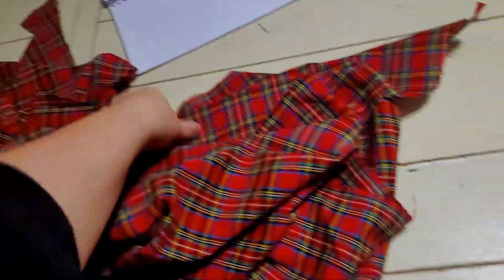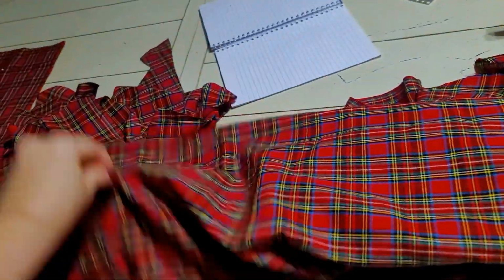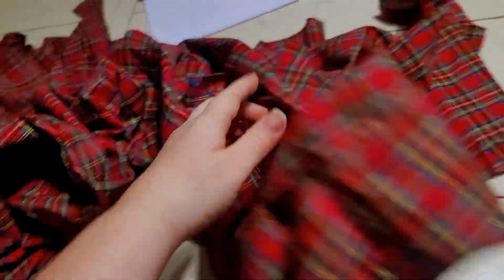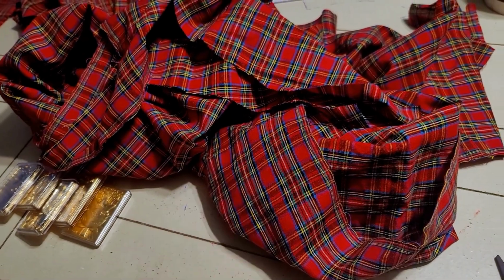See, there's two long pieces here that are thinner from where I cut out the skirt pieces that left these long, thinner pieces. And then in the middle area, there's the bigger piece. So I'm wondering if I could get the front and back out of this and maybe get sleeves out of these side long pieces. We will have to see. I would love to have a blouse in this fabric. That would be nice. Well, I have pinned all of the darts, but I'm gonna need to wrangle